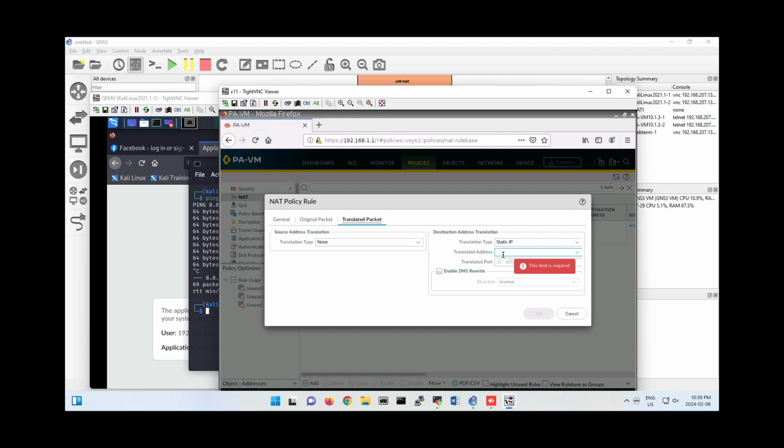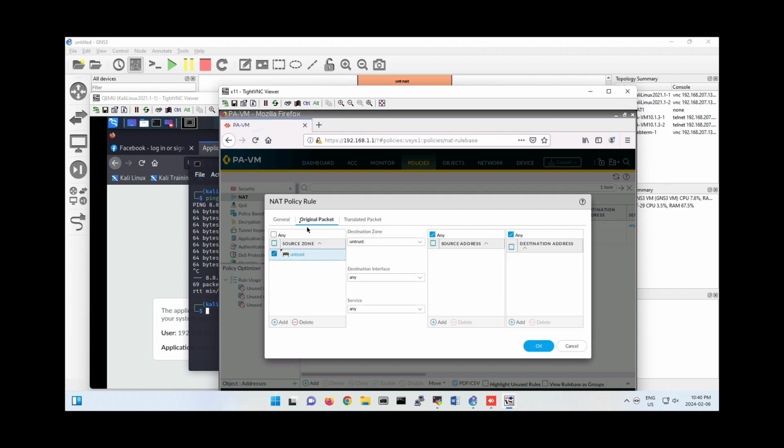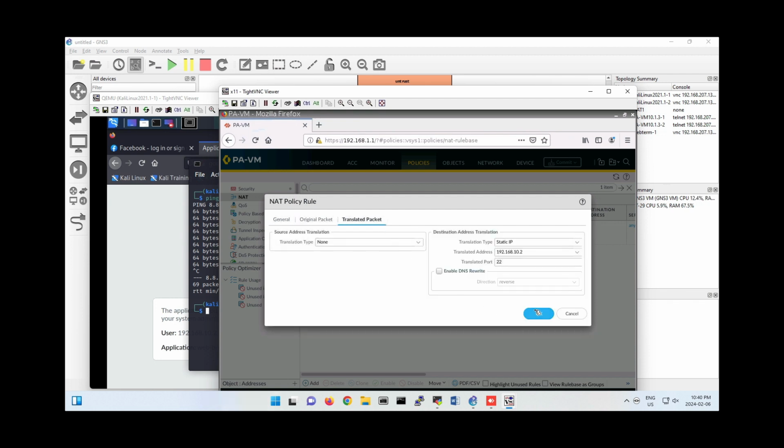I just have to assign the IP address of 192.168.10.2, because I just want to go to the inside device. So the port is gonna be 22. That is DNet. Click OK